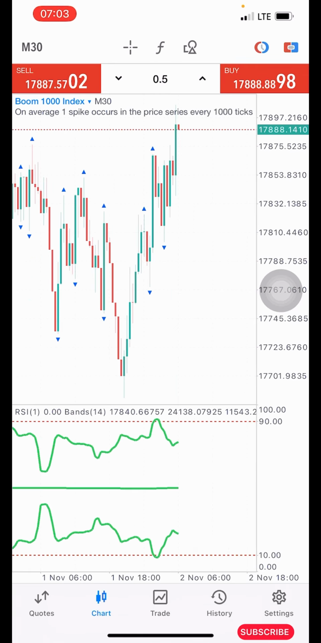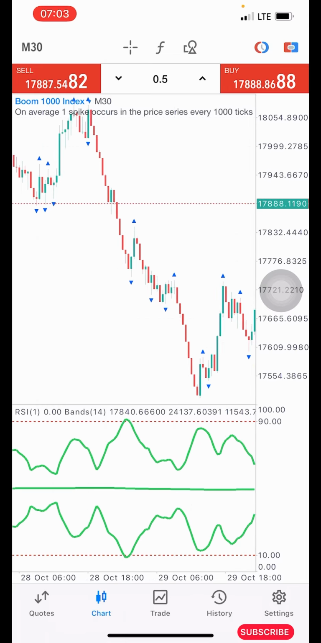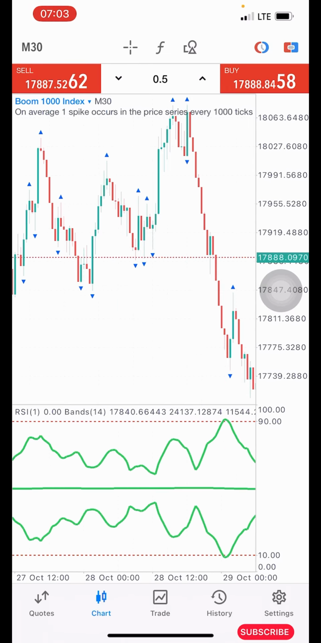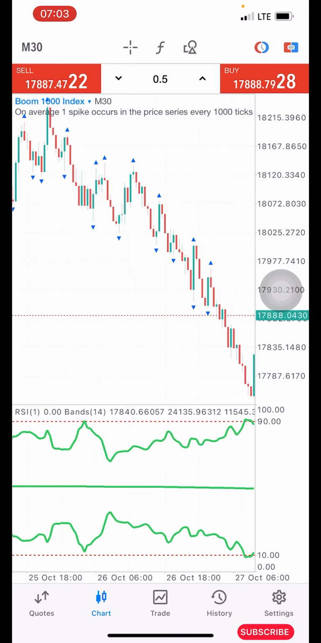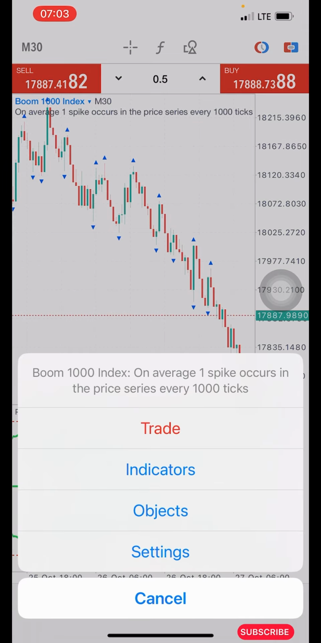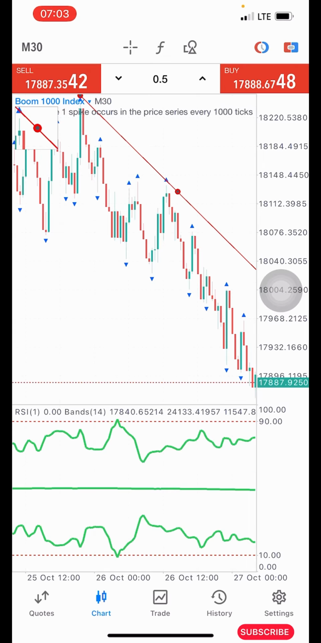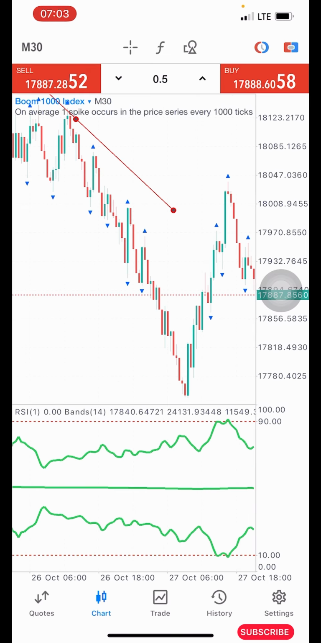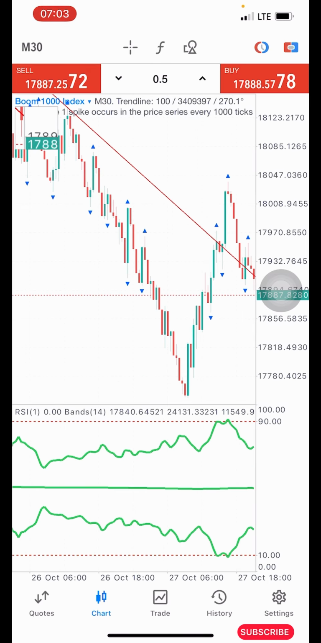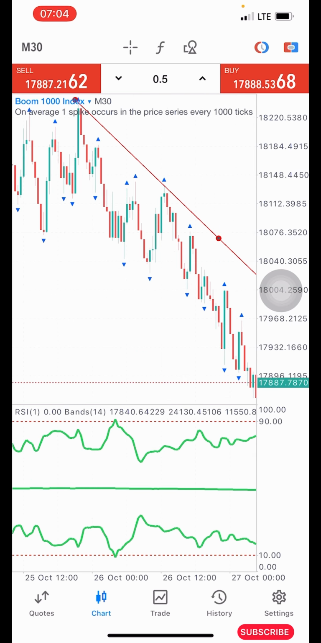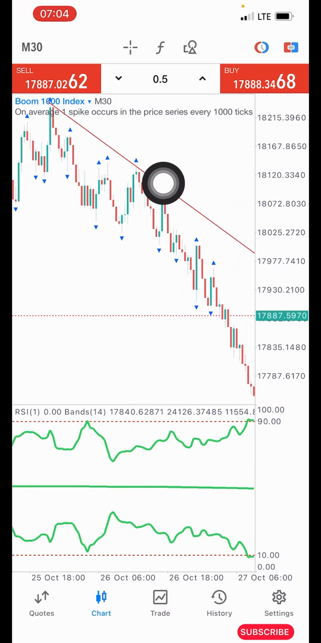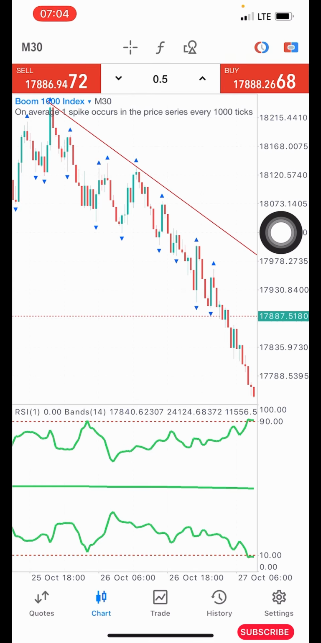So let's go back to our Boom 1000. Now you want to do your analysis and you observe that the market is in a downtrend. You can use your trend line to mark out the current trend of the market, and then you want to be trading as long as price is below the trend line. Around this area we are in a downtrend. So long as price is below this trend line, then you go back to your